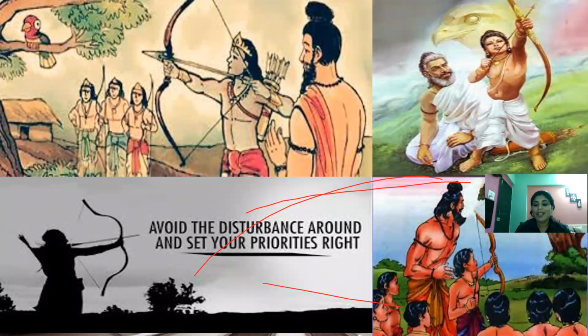Okay, so coming back to the story, you might have understood why I actually told you this story. Whatever shloka I told you at that moment, your focus, your interest needs to be one, then and only then will it be easy to achieve that goal. Otherwise, if you are bahu shakha, then it will be very difficult. So there needs to be one focus at a time, and that's how it will be possible for you to achieve that goal. तो अर्जुन का जो गोल था, ध्येय जो था, लक्ष्य जो था, वो एक था, बहुशाखा नहीं था, कोई डिस्टरबेंस नहीं था.